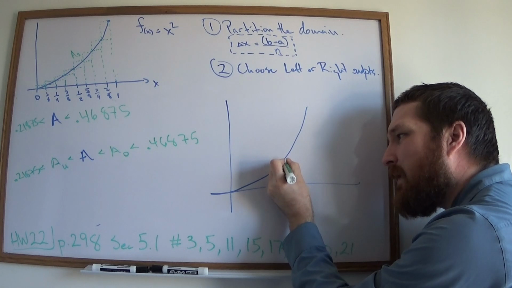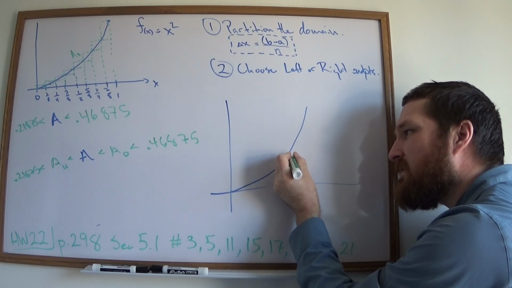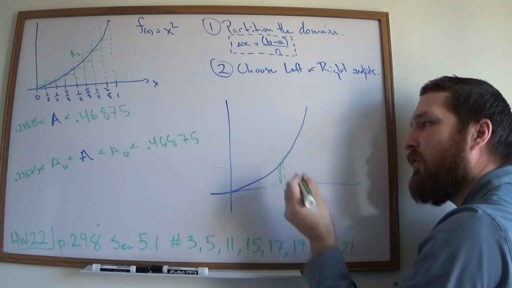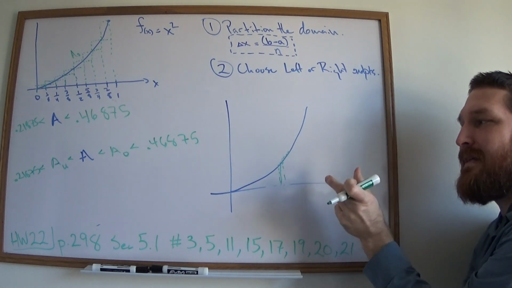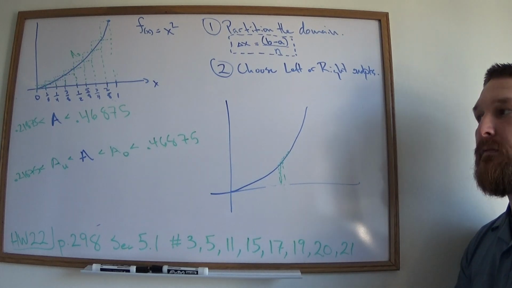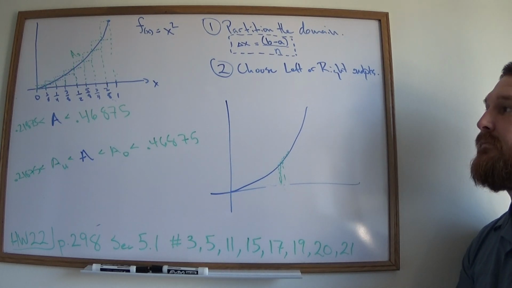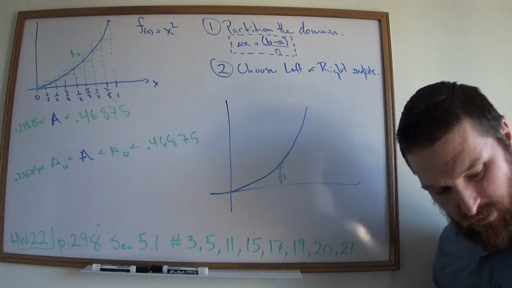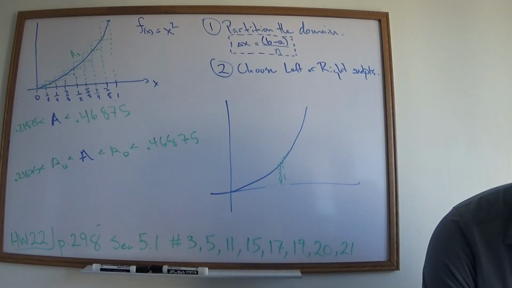If I've chopped them up so fine that it's doing something like this, right? That overestimate is going to, as n increases, that error is going to go to 0, right? So,